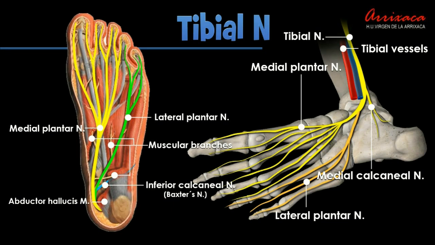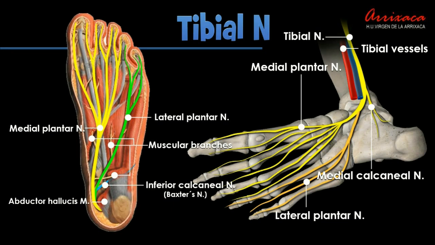Its muscular branches supply most of the intrinsic muscles of the sole. Cutaneous distribution of the medial plantar nerve supplies the medial sole and medial 3 1/2 toes through the fourth digital branches. Each digital branch gives off a dorsal branch to supply the nail beds on the dorsum. This nerve also gives off articular branches to innervate the bones of the tarsus and metatarsus.